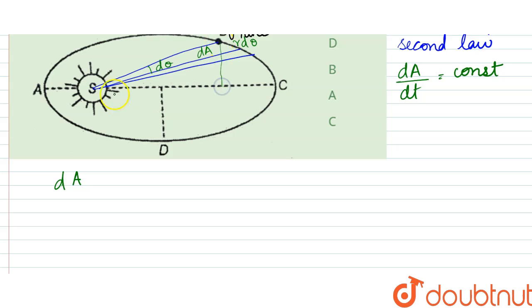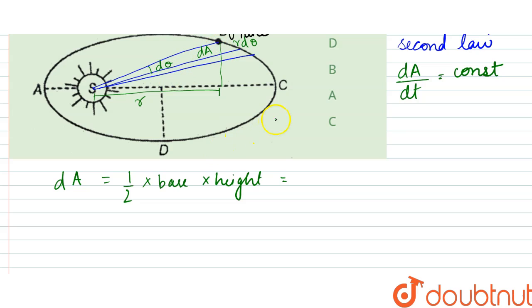We can assume that this is r from here till here. So according to that, dA would be equal to half into base into height, the formula for a triangle. So that is the area dA,